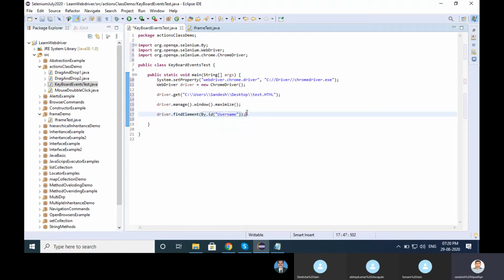Control C. This is the username, this is the current address, this is the permanent address, and this is for the submit button.